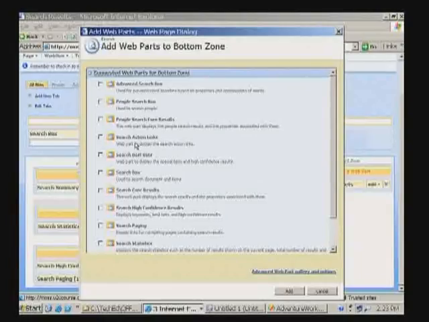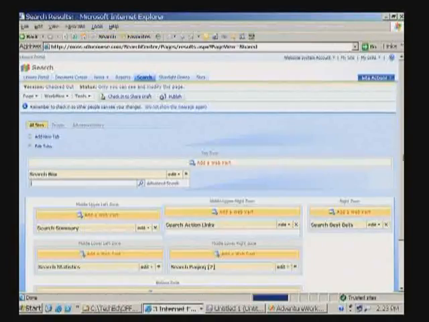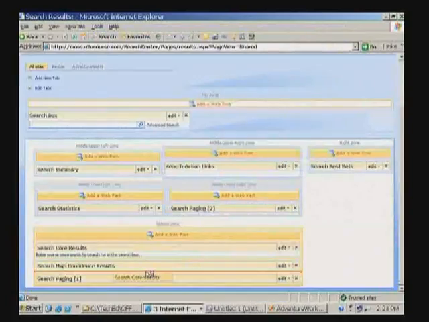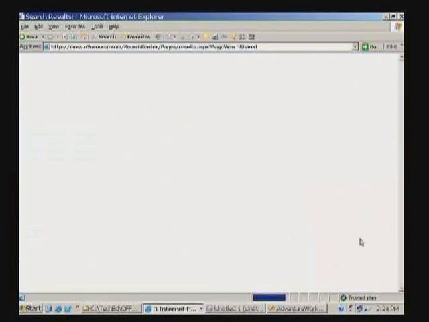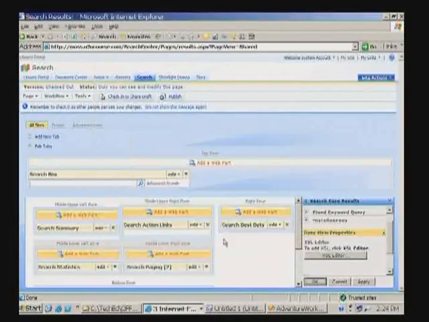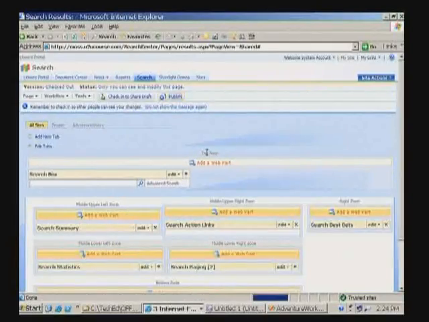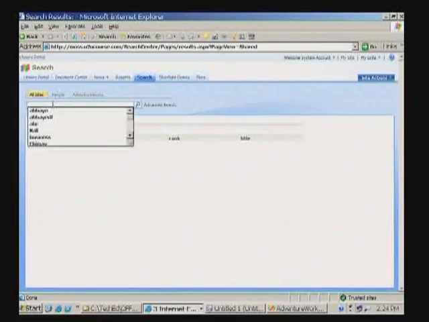Okay, so you have a lot of these search related web parts. We're going to go for another Search Core Results. Let's put this in the proper place over here, and then let's edit the XSLT. Here we go. See, it's a fun thing to do. Okay, so now if we publish this page, we have an updated version of our results. And if I type in something else like business,